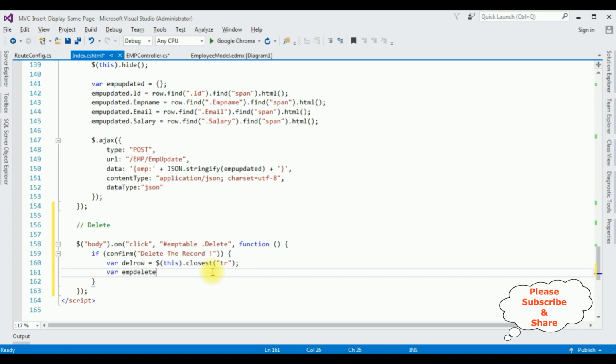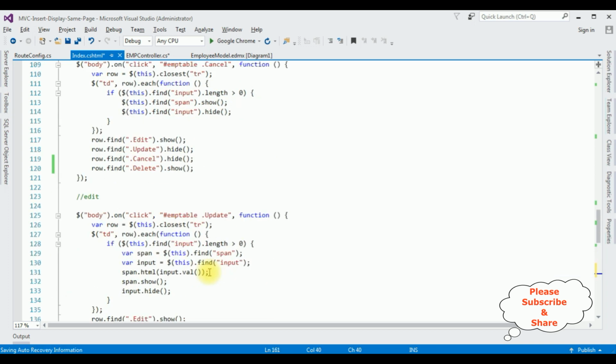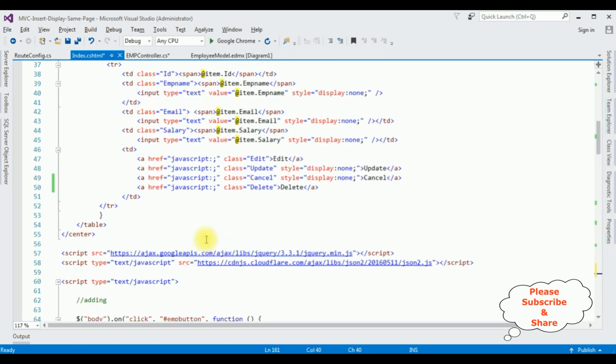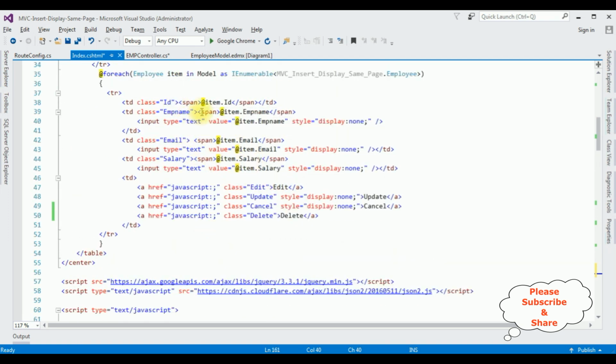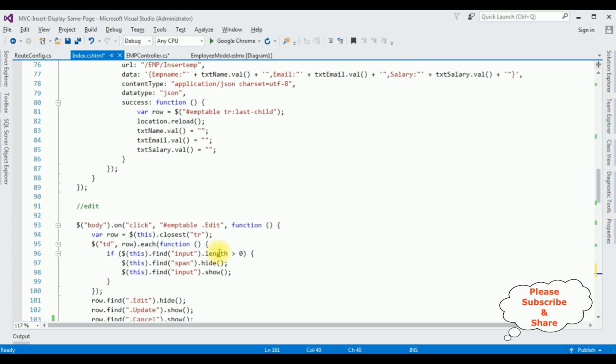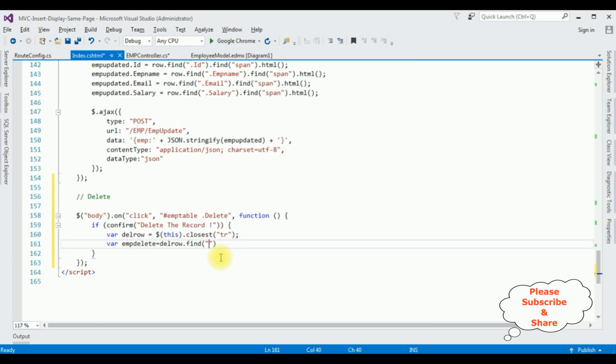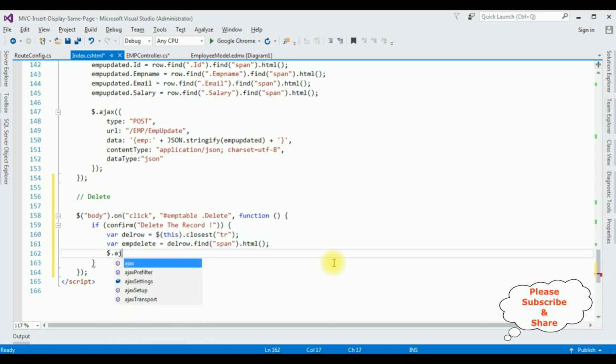Variable emp delete is equal to del row dot find method, I'm adding the span tag because in this table I'm displaying the records in the span. Span dot html method. So after that, dollar dot ajax